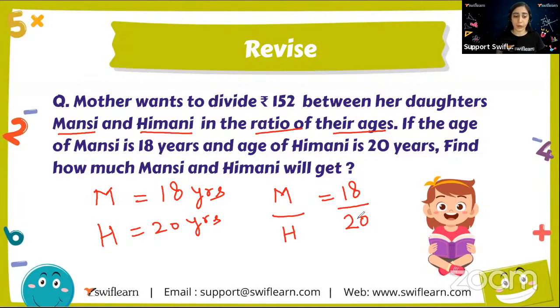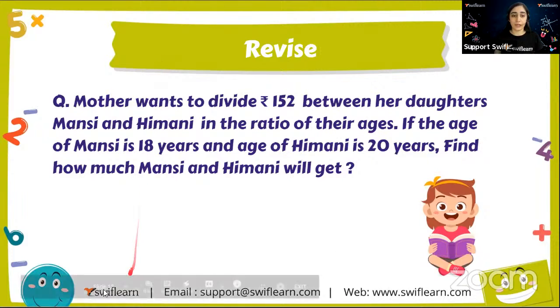This is clear. Okay. Now, how do I do it? Can I solve this? Yeah, I can write it in the lowest term by dividing it by 2. I get 9 by 10. So the ratio is 9 is to 10. Till now, it's clear? Yeah. Okay. Let's move to the next screen and we'll continue the question there. Okay. So the ratio is